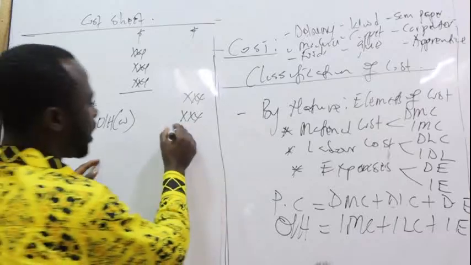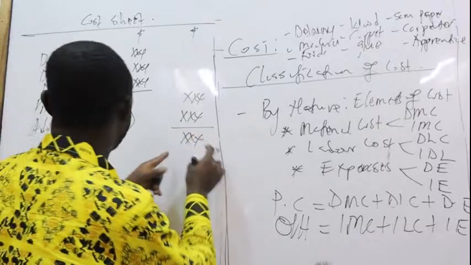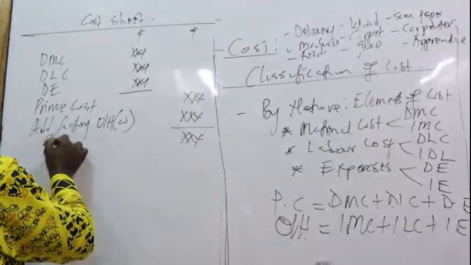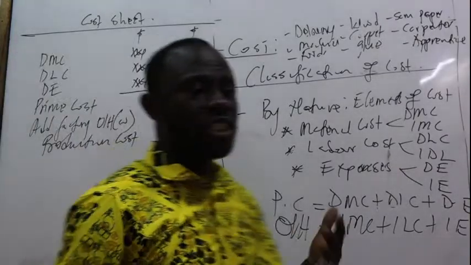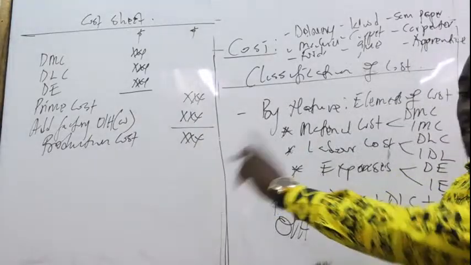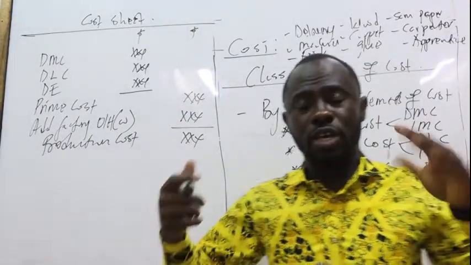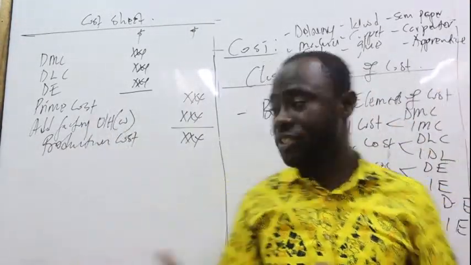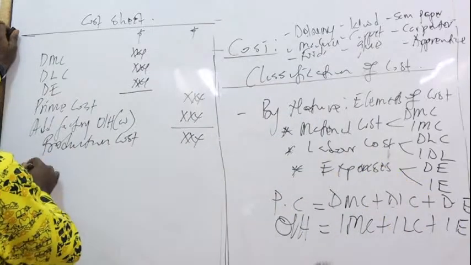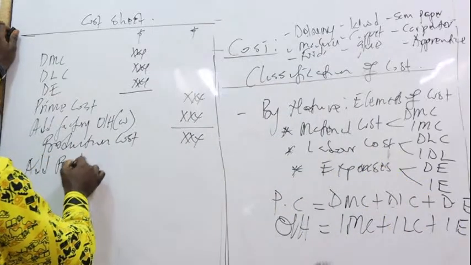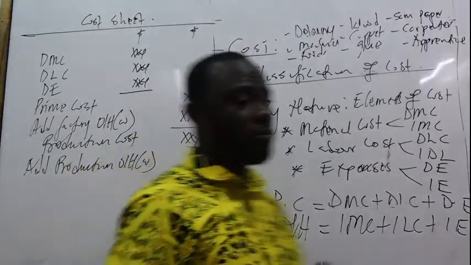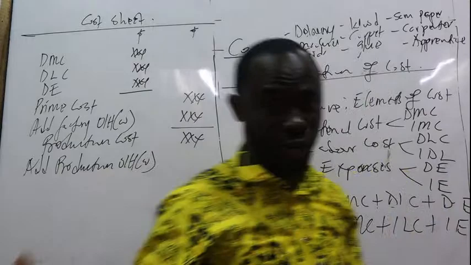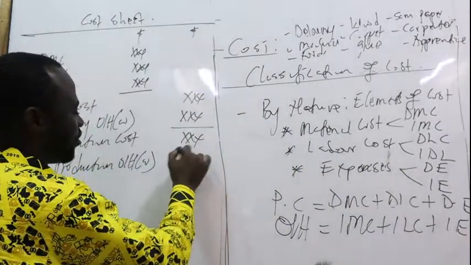So once we add that, we're going to be getting the production cost, if you want. But the sweet spot is that it doesn't end there. Why? Because there could be non-production overheads. So we're going to be adding non-production overheads. And chances are we're going to be doing some workings for that as well, and we're going to be looking at that later on. So we add it up.